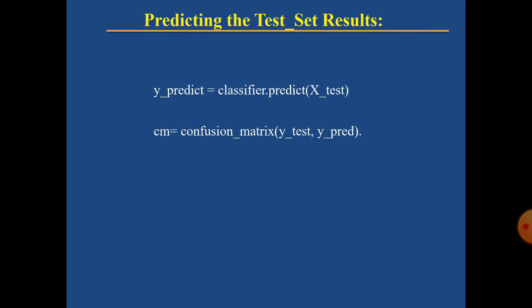Our next step is predicting the test results. After construction of the model, we have to use our model to predict our results. So y_pred equals classifier.predict(X_test). In the previous steps, we have seen the training set and testing set, 80% for training, 20% for testing. Out of those 20% testing, we see how accurately it is predicting. Based upon that, we are going to identify the result.